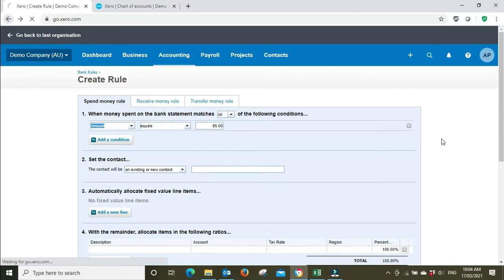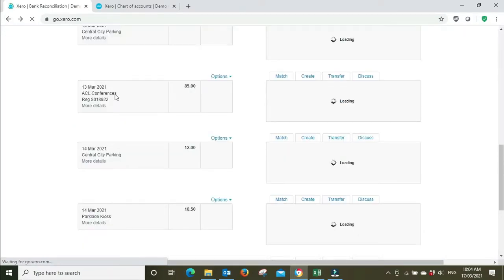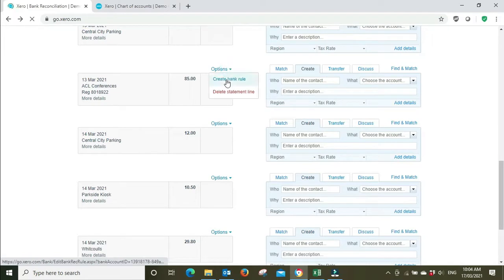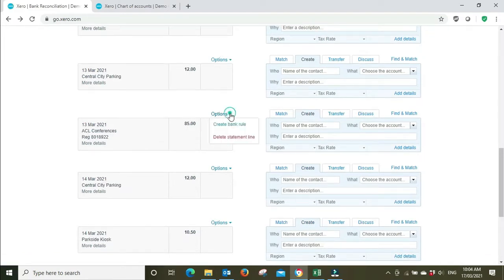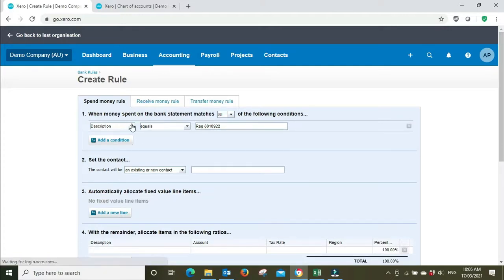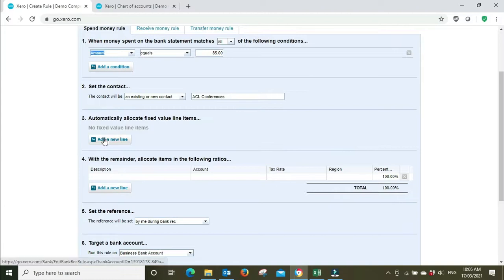And let's just go back to that one. Just want to see what date it was made. It's on the 13th of March. $85 on the 13th of March. So let's just say $85 gets charged by ACL conferences on the 13th of every month. So we'll go amount equals $85, and we'll say